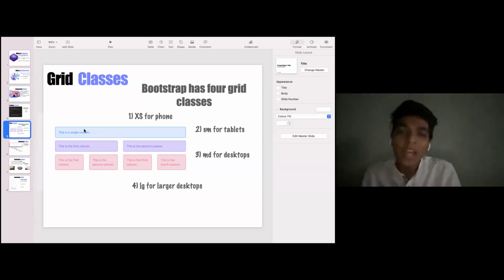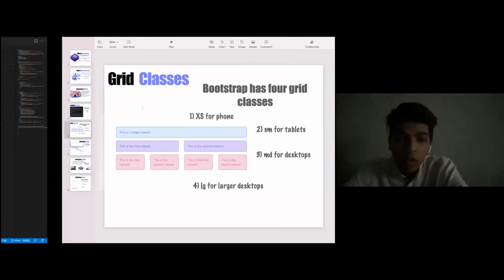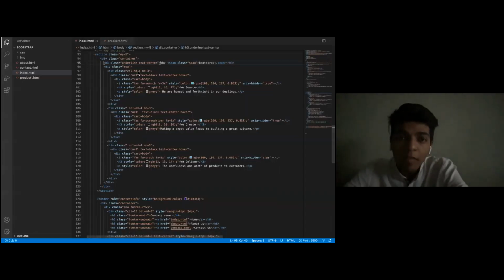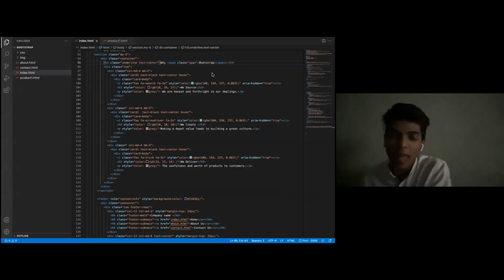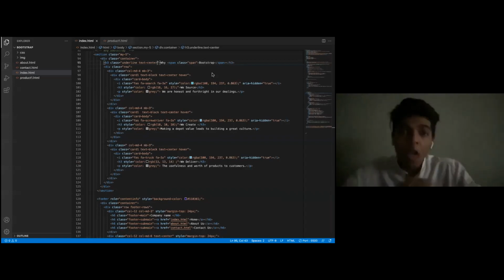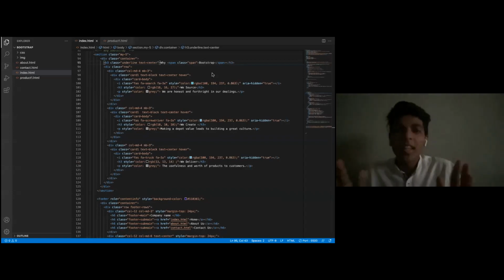However you want to divide 12, you can divide it. It can be 6 and 6, it can be 8 and 4, it can be 4 and 8, it can be 2, 2, 2 up till 12, it can be 3, 3, 3, 3 up till 12. However you want to use it, it can be used. So here I have used a column of MD4. What does column MD4 mean? That I want a column on the middle screen of MD4 and then it can shrink. If I go from the middle screen to a small screen, you'll see what the difference is. I'll just let you know that difference.